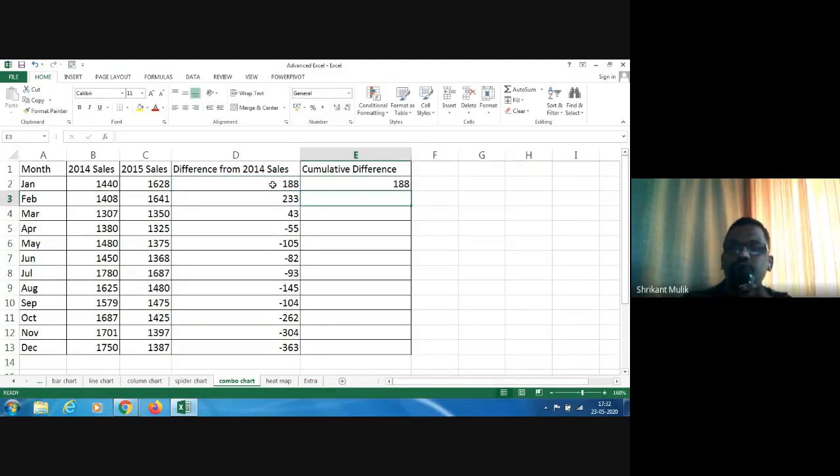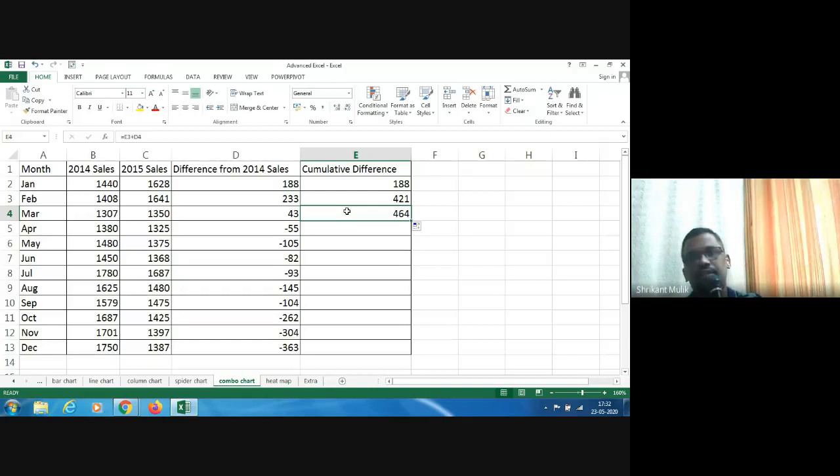Obviously, going forward, I should add the earlier cumulative difference plus that month's difference, and I press enter, and that is how you get a cumulative difference. Now this is a formula which I can track, because this formula is going to be the same. Let me drag it for the next one and check what the result is there,